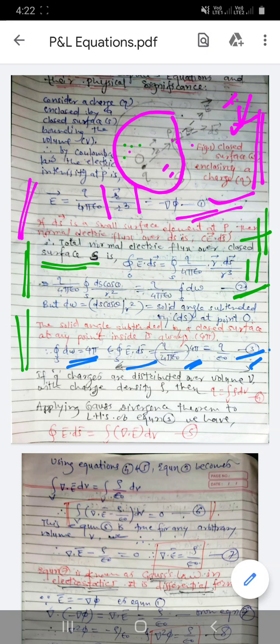Surface integral of d omega is only equal to 4 pi. Hence, the surface integral of E bar dot ds bar equal to Q upon epsilon 0, since the solid angle subtended at the point P is equal to simply 4 pi. In this situation,